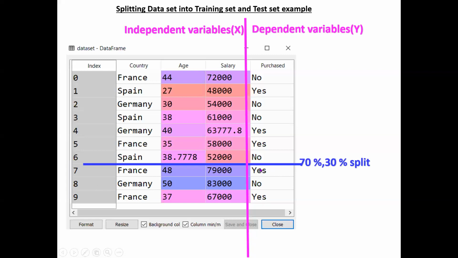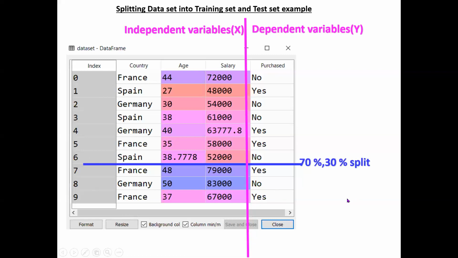So in these 3 tests, for example, your algorithm makes 2 correct predictions. That means 2 by 3 is your model performance. That means in 3, how many are labeled correctly? If 3 are correct, then 100%. So like this, the algorithm performance is measured using this testing set. Okay, see, here only 10 rows are there. That's why I am showing 7 and 3. But if there are more rows, there is more data for testing.